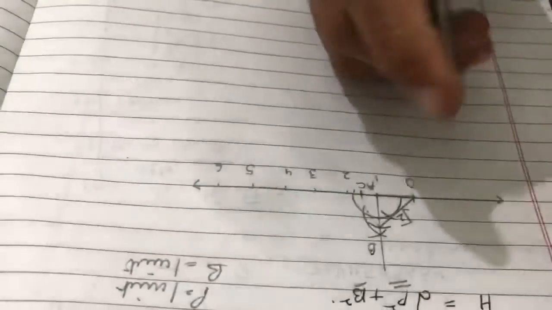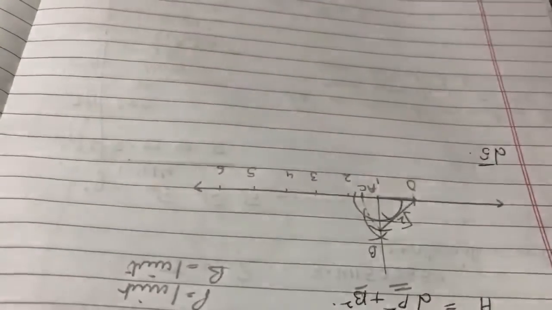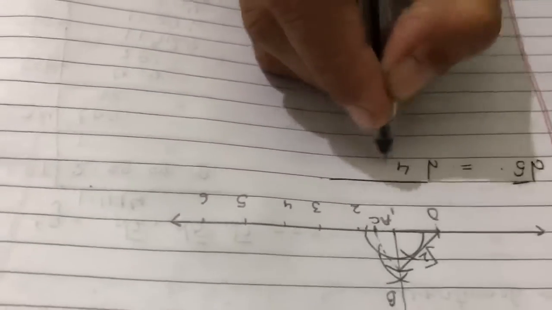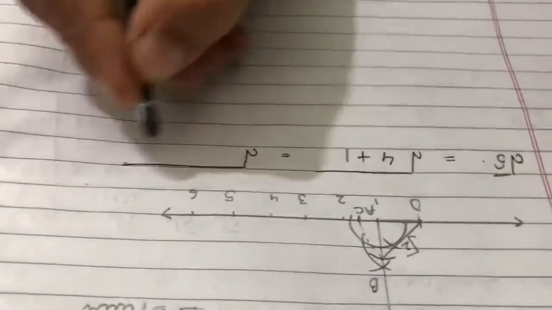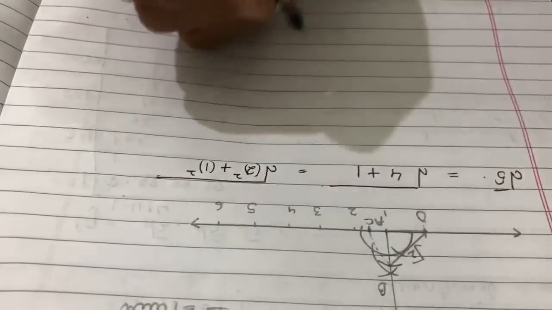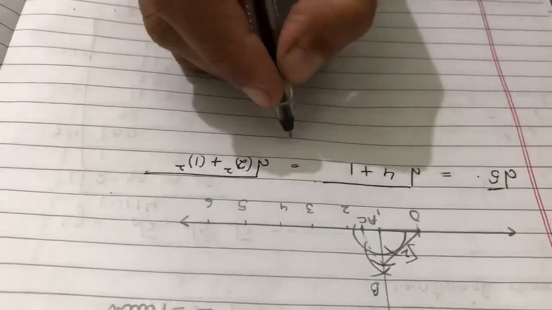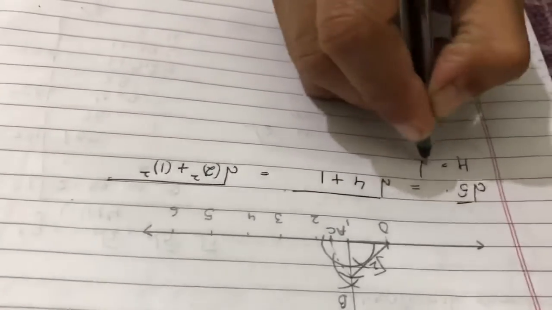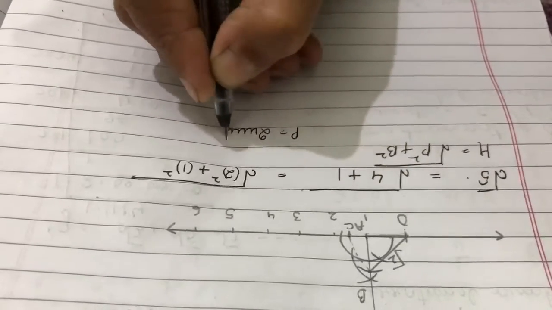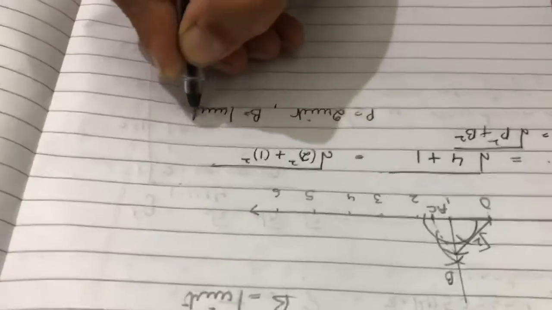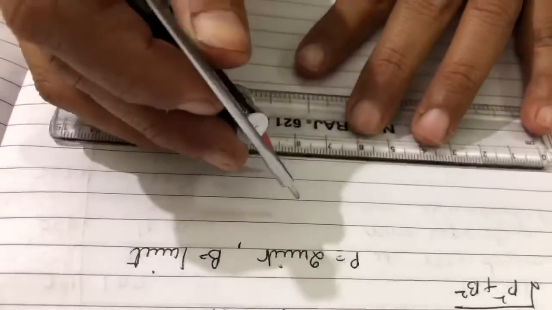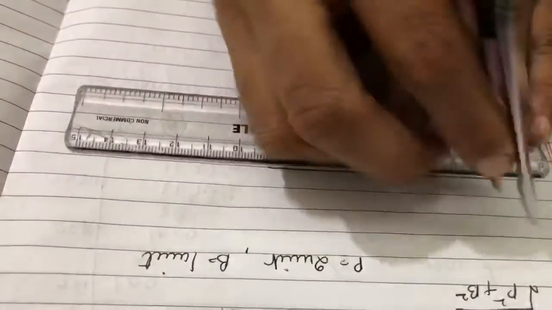Let's give you one more example, that is representing √5. Again, we start with the process. You have to split it into two numbers which are squares of some numbers. So 4 plus 1 is 5. 4 is the square of 2 and 1 is the square of 1. Again comparing with Pythagoras, you have perpendicular as 2 units and base as 1 unit, or you can have perpendicular as 1 unit and base as 2 units. There is no specific rule for that.